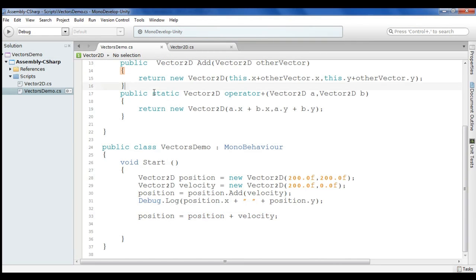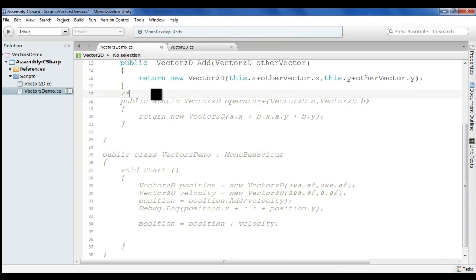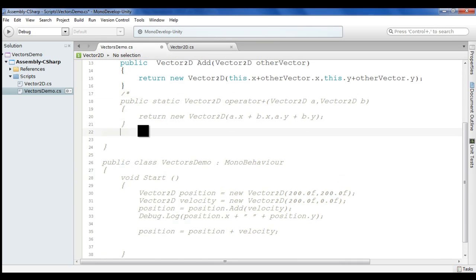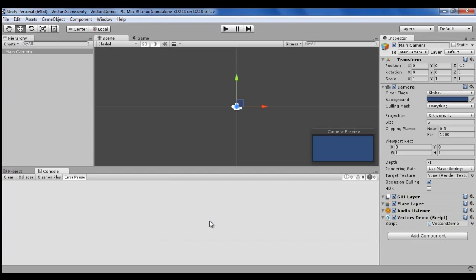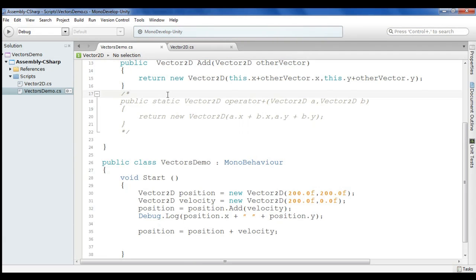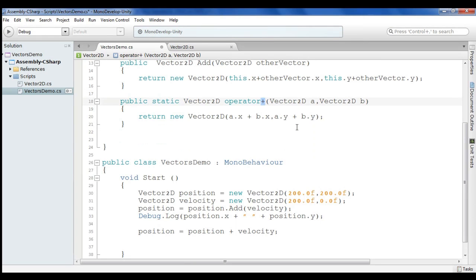If we had not given the new meaning to the plus operator, definitely we should have an error, because we cannot add using the plus operator: operator plus cannot be applied to operands of type Vector2D and Vector2D. Not possible. Now we have added a new meaning to the plus operator.